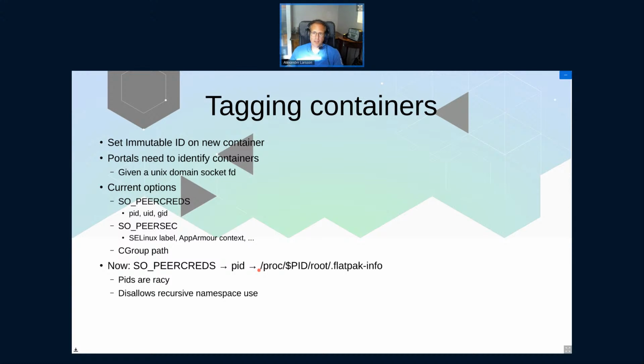That way we can find the /proc PID, and we can find the root of the namespace. There we have a file called .flatpak.info, which is set up to contain information about the container, like the app ID, in a way that the app cannot change. So we can trust this thing. If it's there, we can trust it. If it's not, we assume it's something else, like the host process.